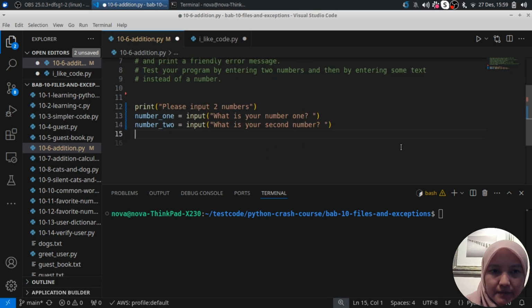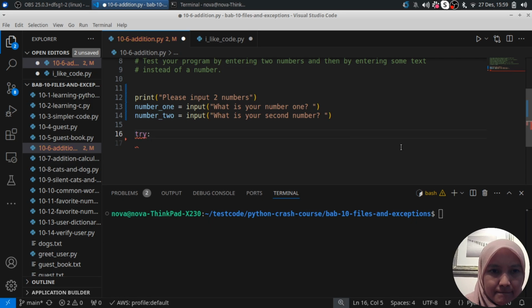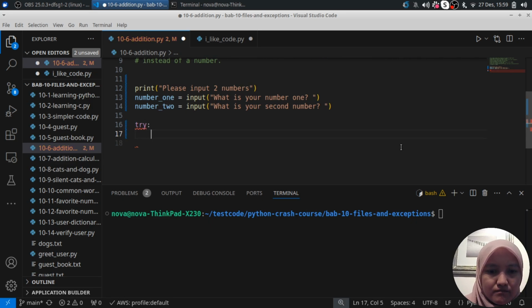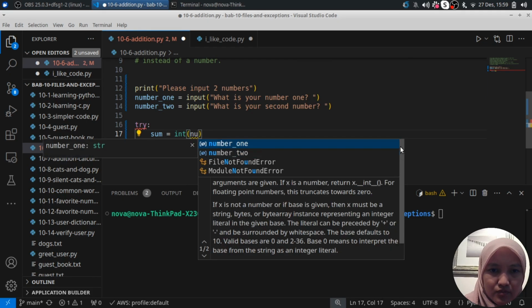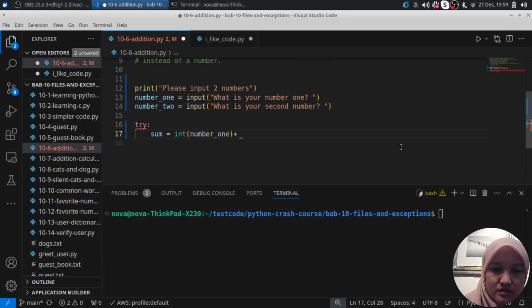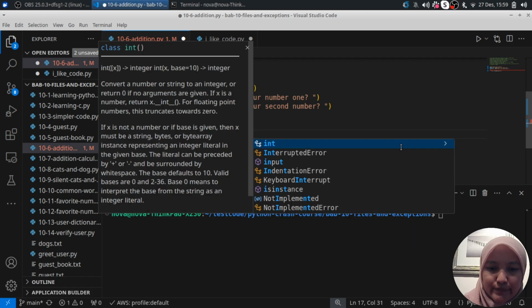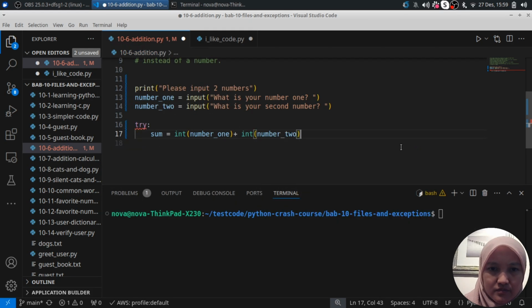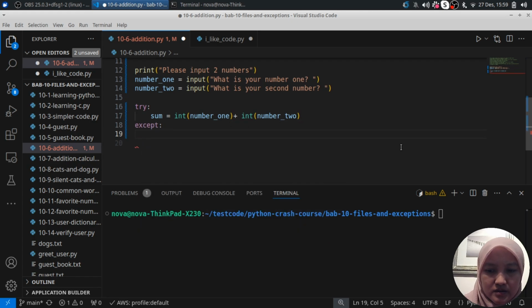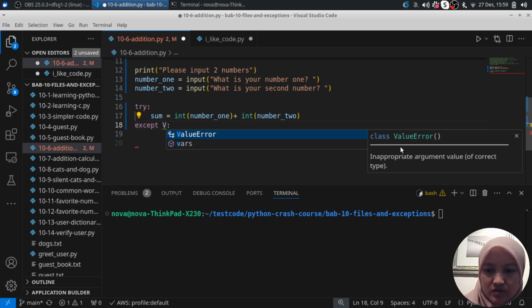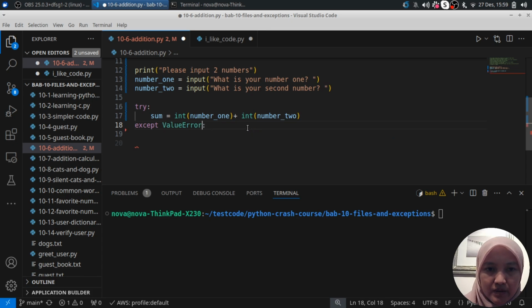And then try. Is it true? Wait a minute, yeah. So integer number one plus integer number two. Here, except value error, here value error, and appropriate argument value or correct type, and then you just add print